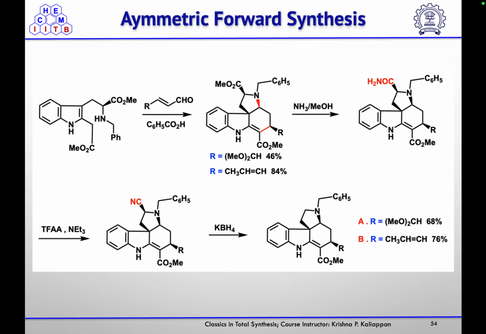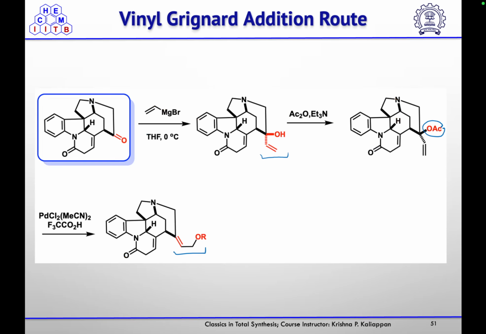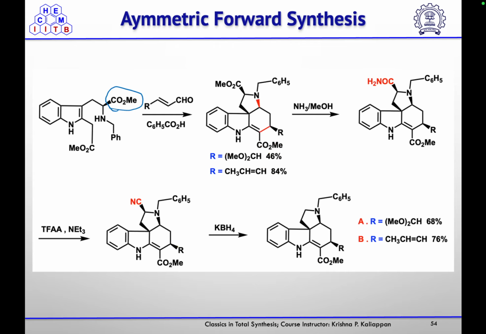Then for the asymmetric synthesis, they wanted to get this ester group in a selective manner. So after getting this particular isomer of that molecule, they treated it with aldehyde. Again, imine will form. Then nitrogen from the third position will attack that imine to form the five-membered ring. Again, rearrangement followed by another Michael addition will give this tetra-substituted compound. Then that acetal, here that R group is the acetal protected one, so they hydrolyzed it. One more thing,